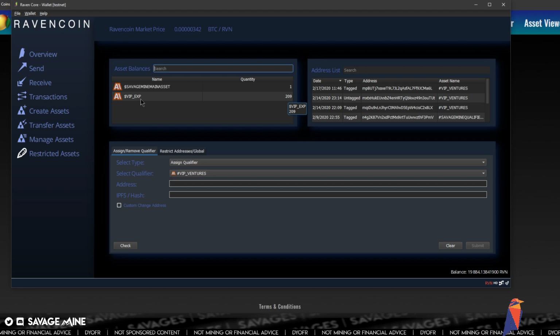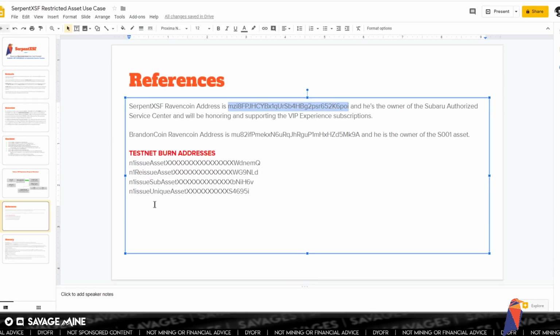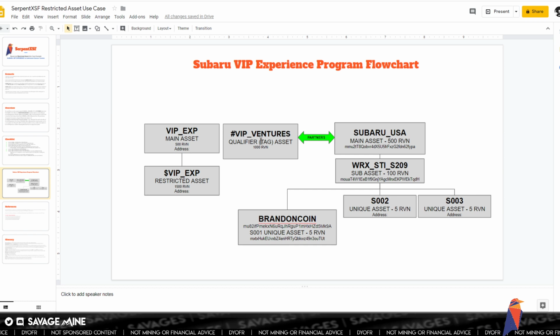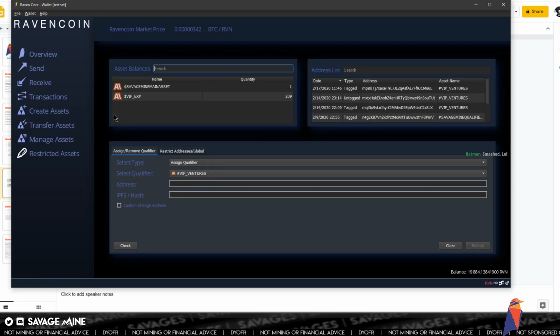Because you would want, as the company that is selling these tags or selling these subscriptions, VIP Ventures, to be able to give 12 to each car owner, right? You'd probably have a few more in there just for giveaways or whatever, but in general you would have 12 if you limit it to one per month.